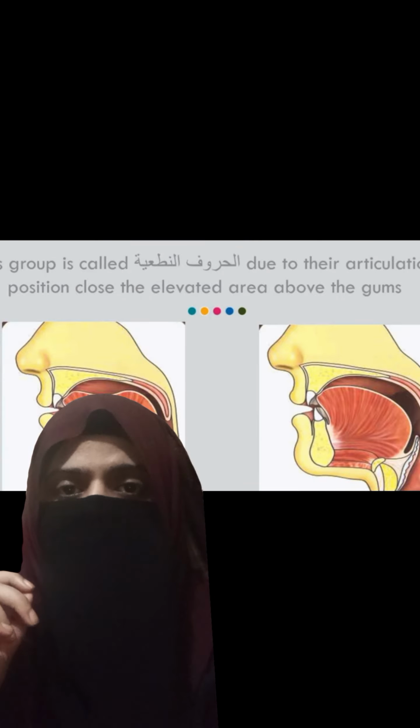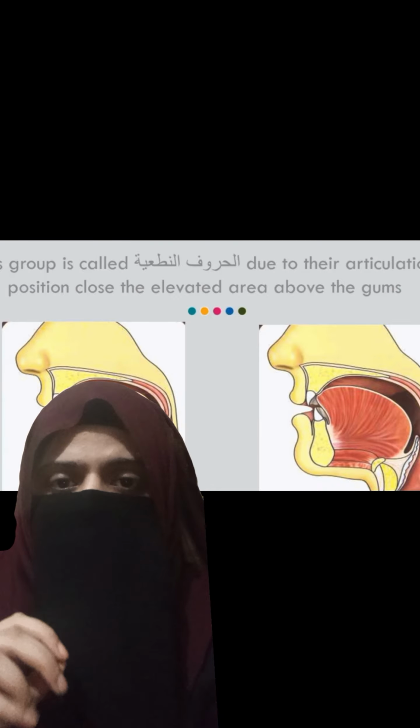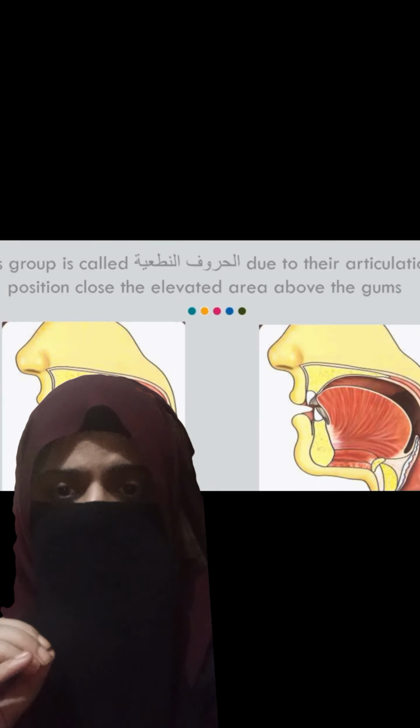And I give you 3 tips. Keep the tongue inside the mouth, release the sound clearly. And another tip,